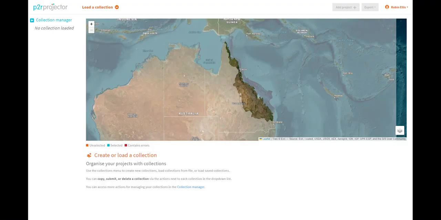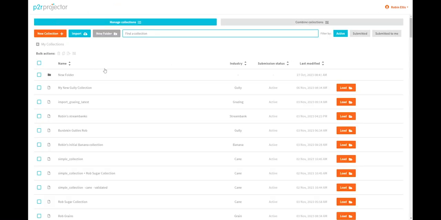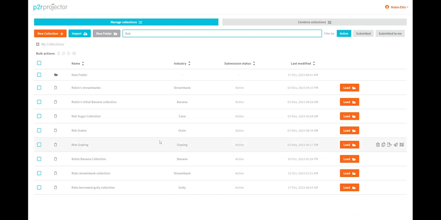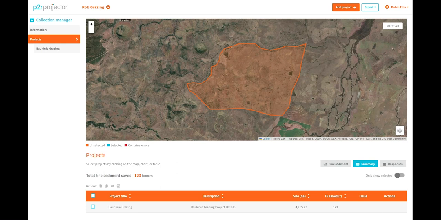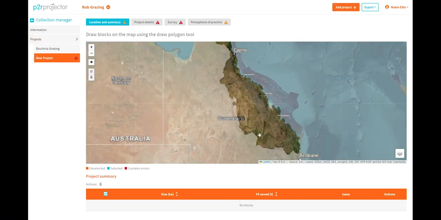This Paddock to Reef Projector tutorial will demonstrate the process of populating a grazing land management project. We'll initially find a collection housing grazing projects for our purposes, and we'll make that collection the active collection. I've already got one project defined in this collection, and I'll just quickly create another record with another grazing project,